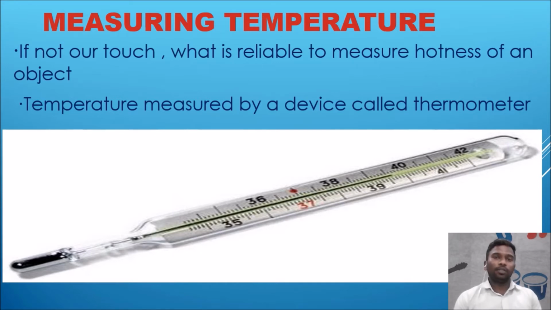Clinical thermometer. Its range is between 35 degrees Celsius to 42 degrees Celsius, right. Here is a question for you: I have said 35 degrees Celsius to 42 degrees Celsius. Here one more new term has been introduced, that is degree Celsius or degree centigrade. What does it mean by degree centigrade or degree Celsius?